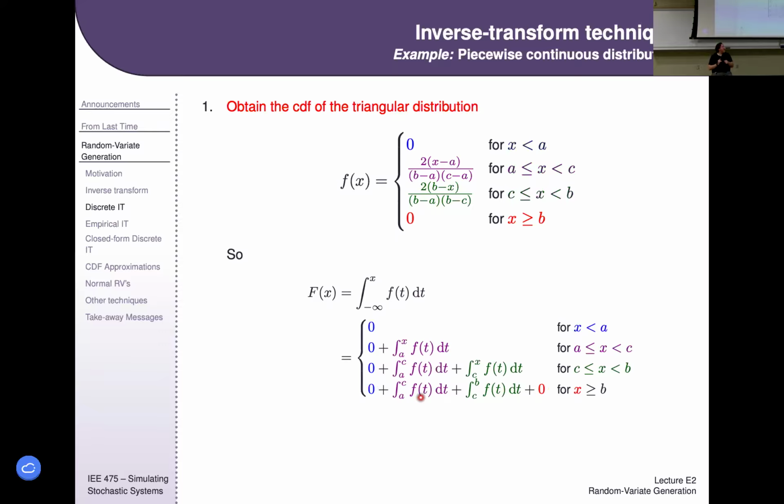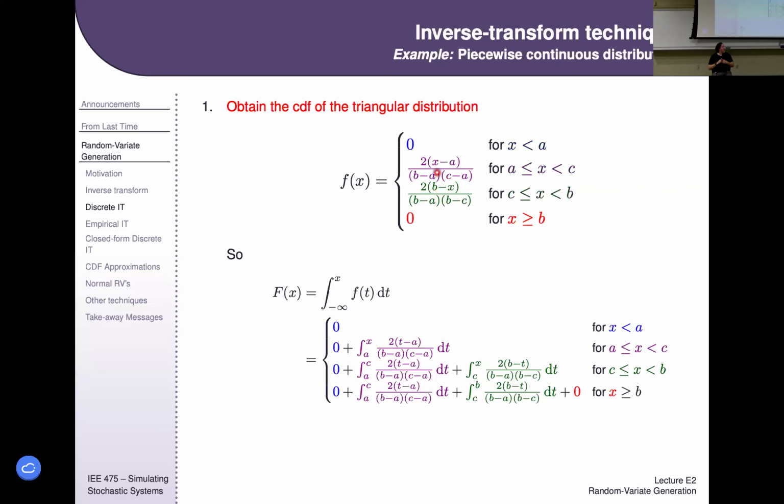And so I get that 0. But then now I've plugged in this purple second row into this second column, and this green third row into this column, and then this red fourth row into this column, and that's going to end up being 0 everywhere. So that's how I'm going to get this S-shaped entity here,